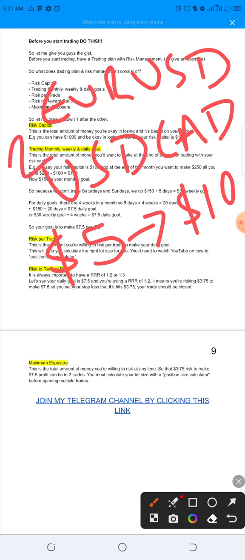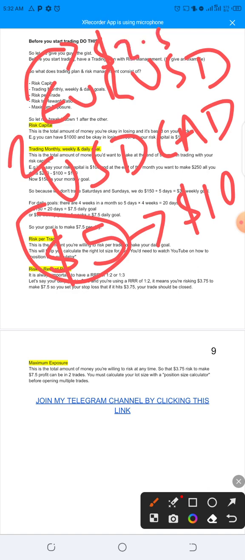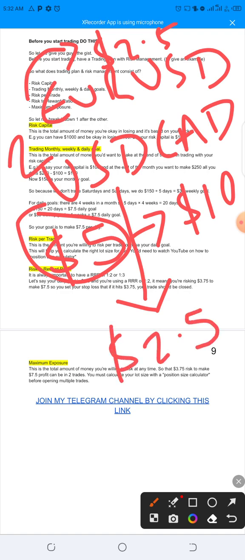Now there are two currency pairs. You can decide that, okay, my maximum exposure is $5. I want to risk $5 that day. That means you will divide this $5 into two to be able to enter these two different trades. So for Euro USD, you will risk $2.50, while for USD CAD, you risk another $2.50. I hope you're understanding. So this is how maximum exposure works. It's just the total amount of money you are willing to risk at any time.